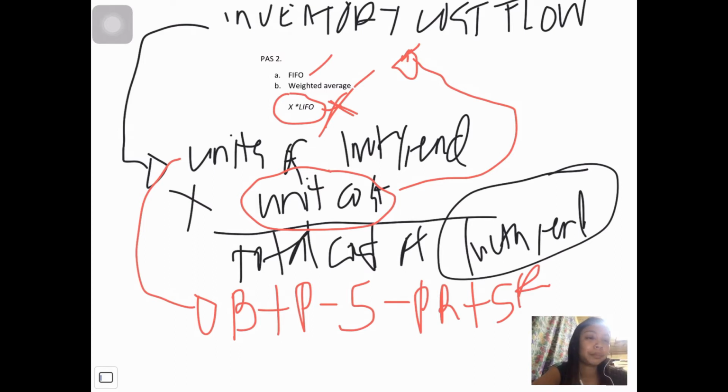So, it's just the unit cost of your latest purchases that you will use. That's the FIFO. And then